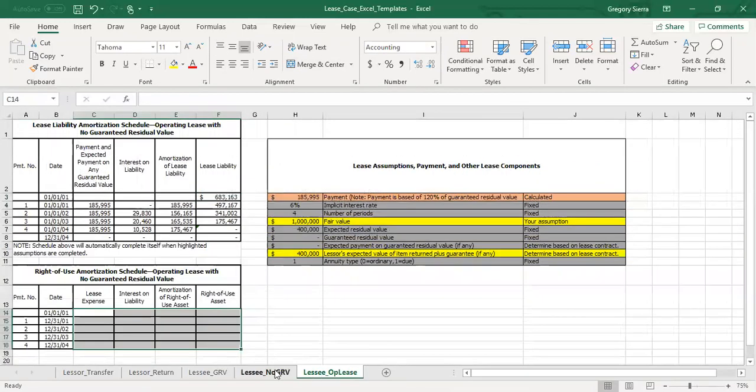Okay, and finally, we have the operating lease. So what we're going to do is just point. Okay, so we point to the amount capitalized for the right of use asset. Lease expense is just going to be the payment, so we point. And then I can just say equals this